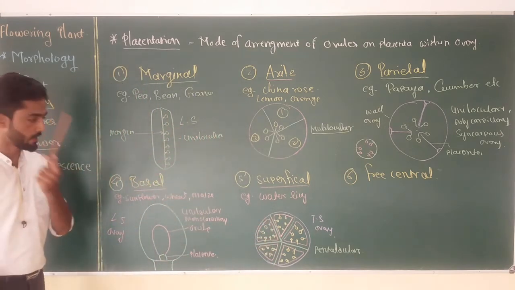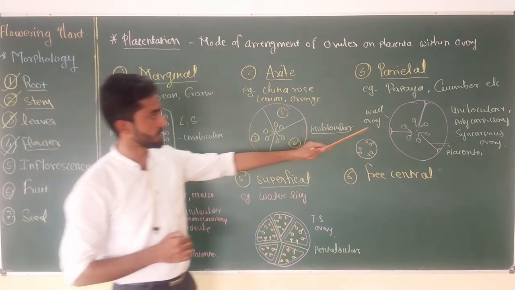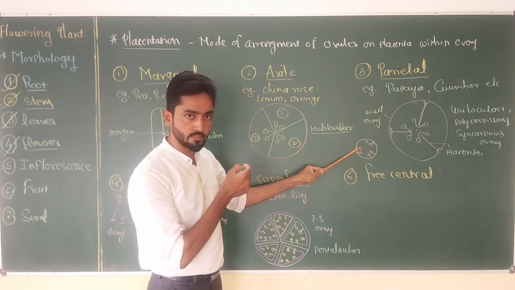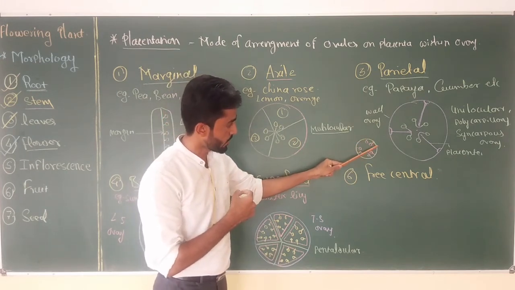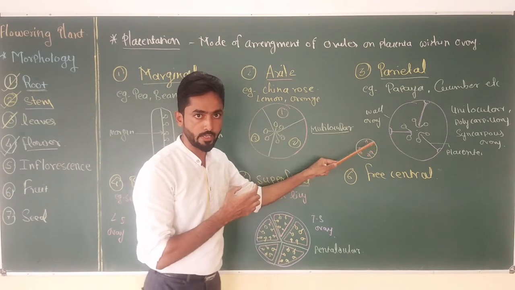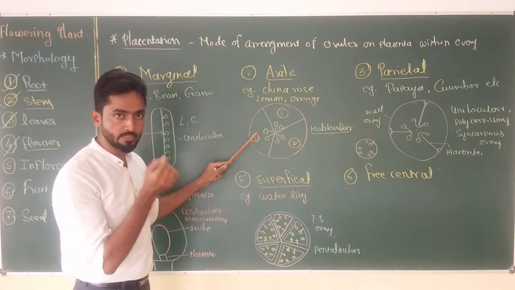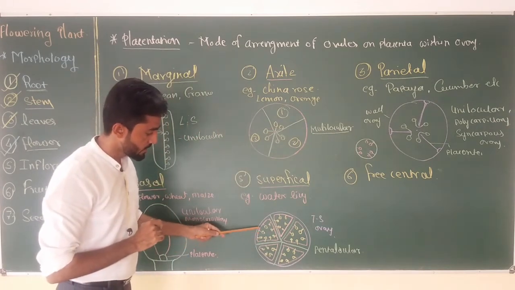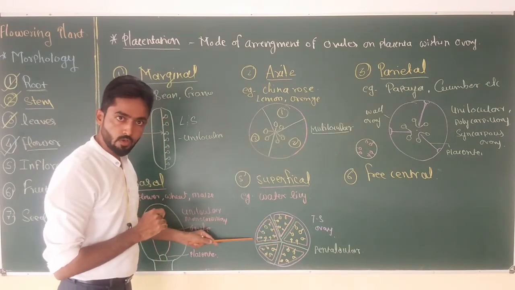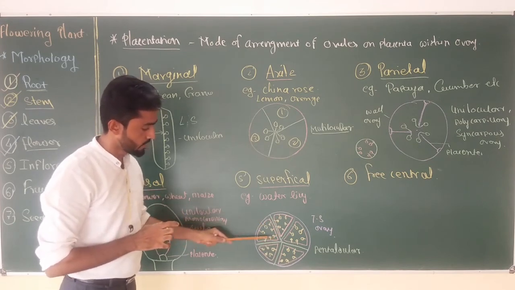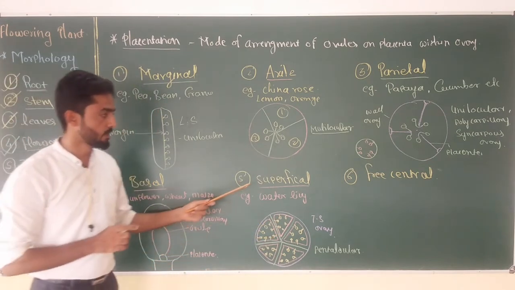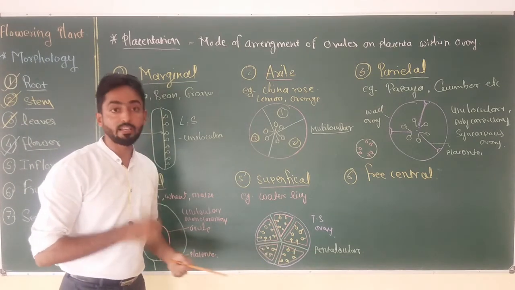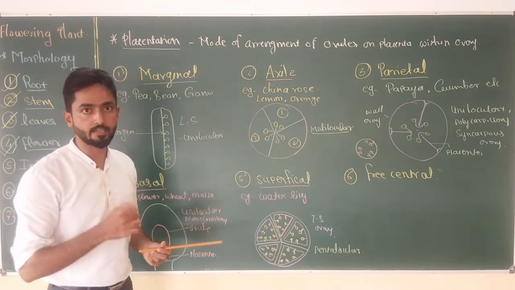placentation. The main difference between superficial and parietal type of placentation is that in parietal, ovules and placenta only grow on the wall or on the periphery of the ovary. In case of axial placentation, ovules and placenta grow on the axis, but now in this case you can find ovules distributed on every surface or throughout the ovary. So it is called as superficial type of placentation. An example is water lily. Ovary is pentalocular or multilocular, syncarpous type.